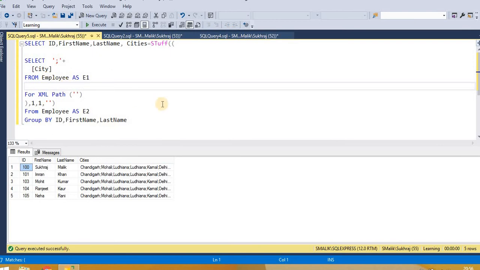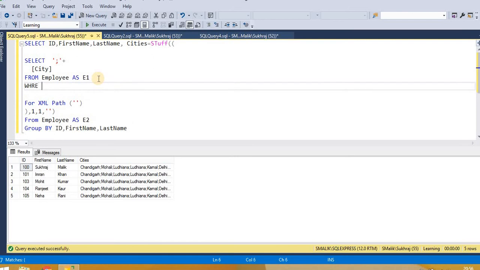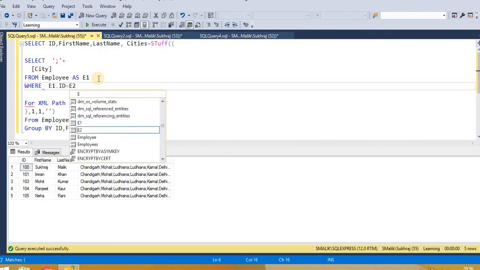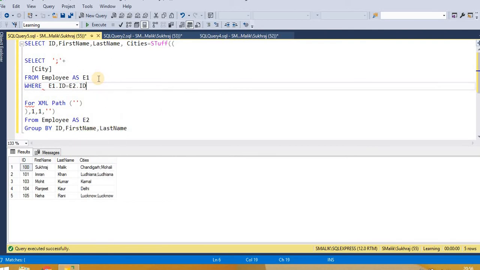Now how can we do that? We use a WHERE condition here, where E1.ID is equal to E2.ID. Now this is what we wanted. Sukhraj Malik worked in Chandigarh and Mohali, so now it's comma separated with Chandigarh and Mohali.